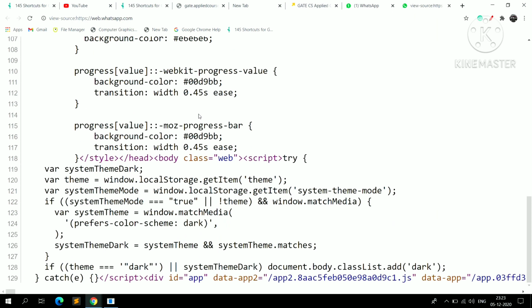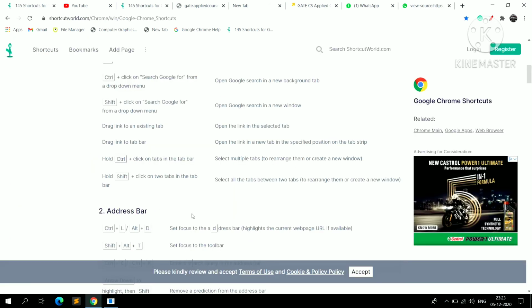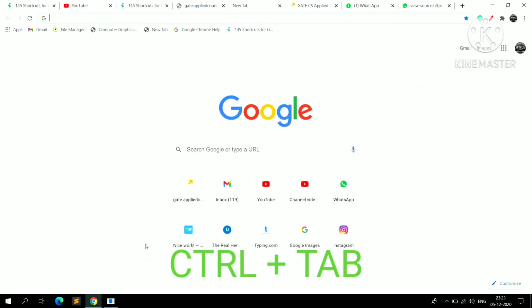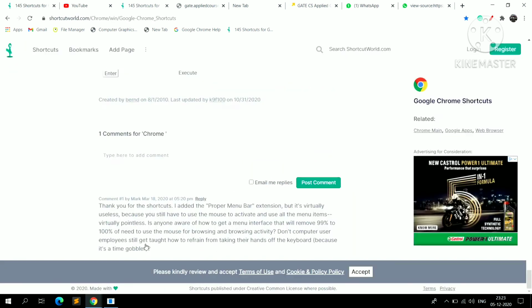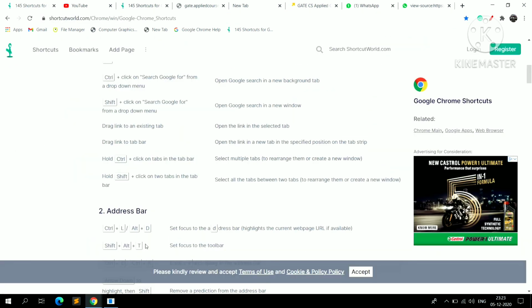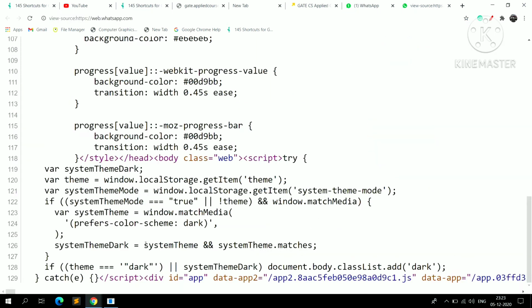If you press Control plus Tab, you can switch from one tab to another tab on the right side.